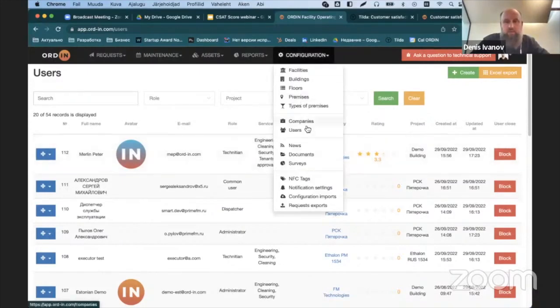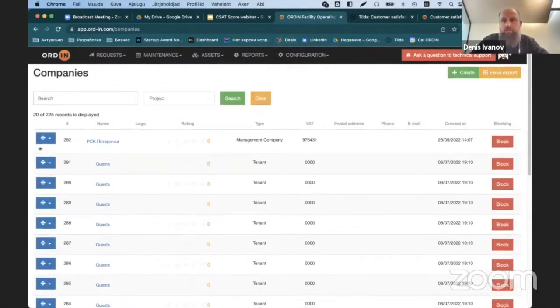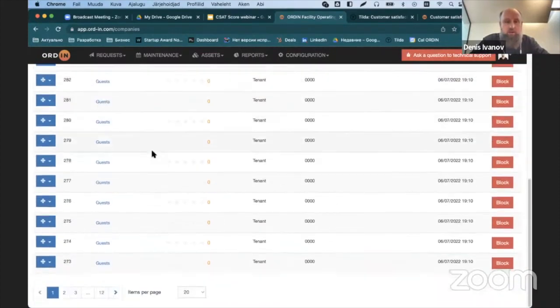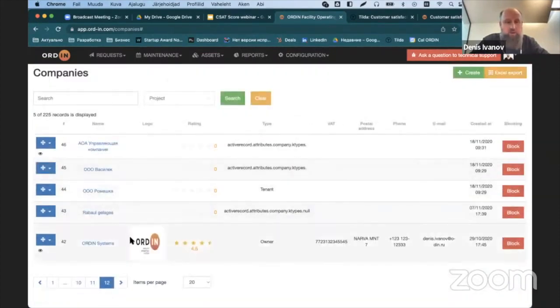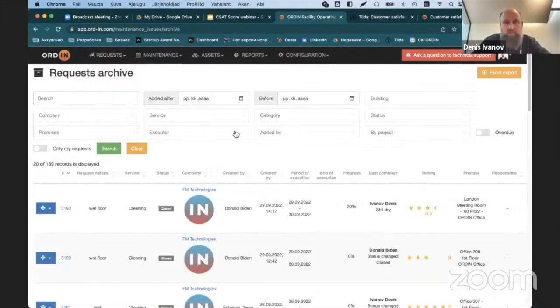On the other hand, you can control the companies and the tenants. For example, if we go and see that this company has a satisfaction score of 4.5, which means that the tenant is currently okay, like he is satisfied, and he is satisfied with the building, with the quality of the facility and management services. But if the rating is low, you can perform preventive measures. You can go and talk to the tenant. You can check his requests and try to understand what's going on, what's happening, why